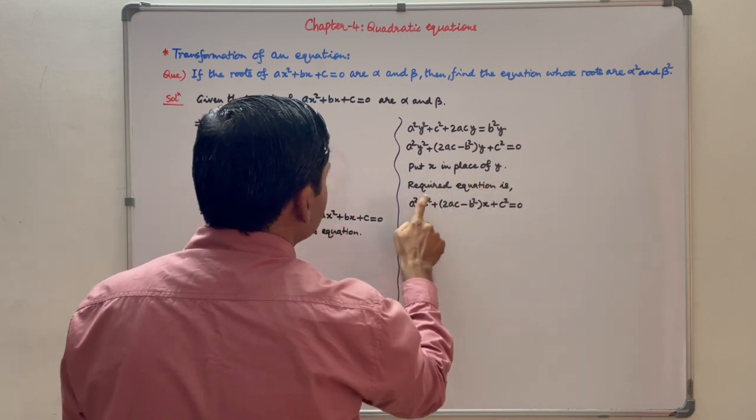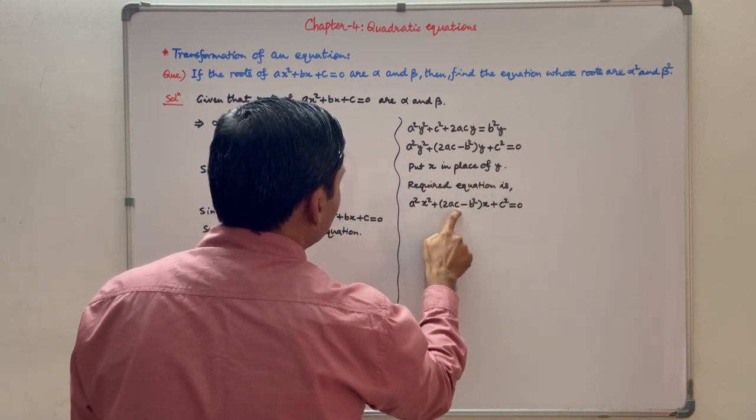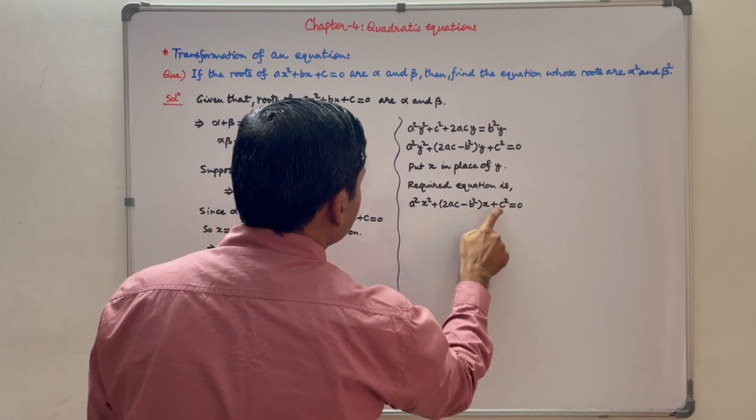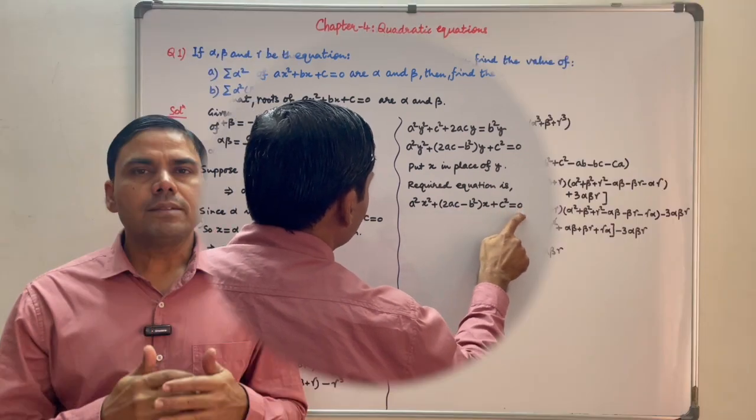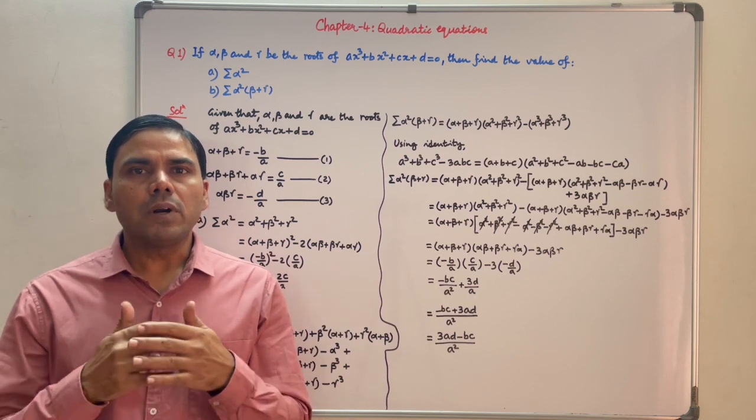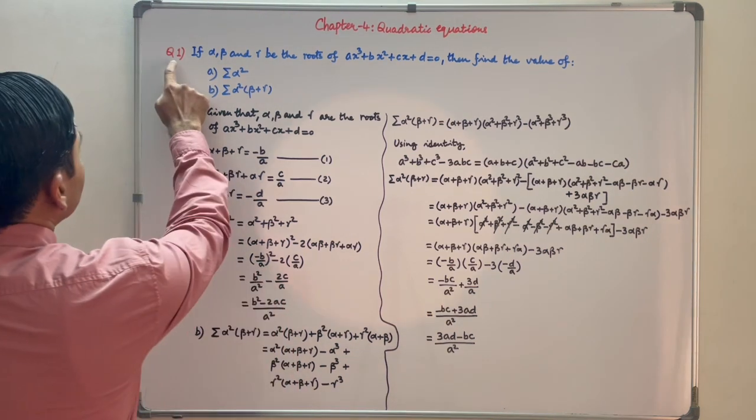So the required equation is a square x square plus 2ac minus b square into x plus c square is equal to 0. Let us see a couple of questions based on what we have learned so far. First question,